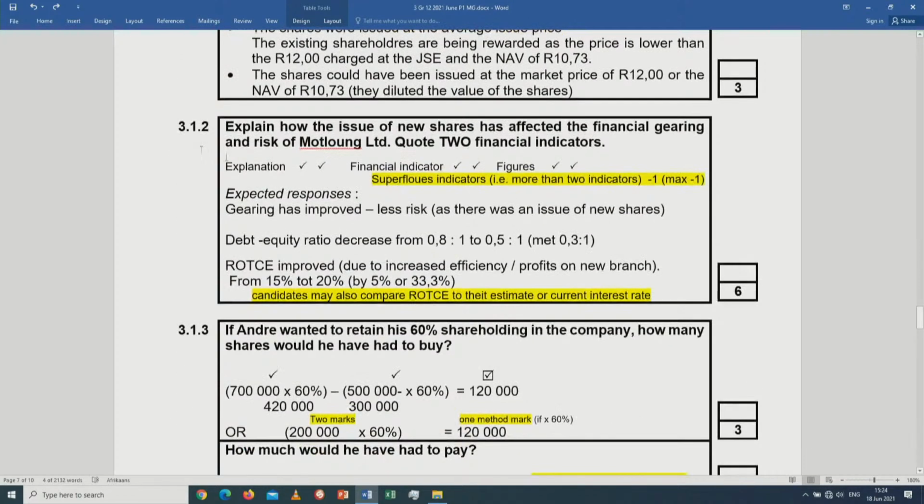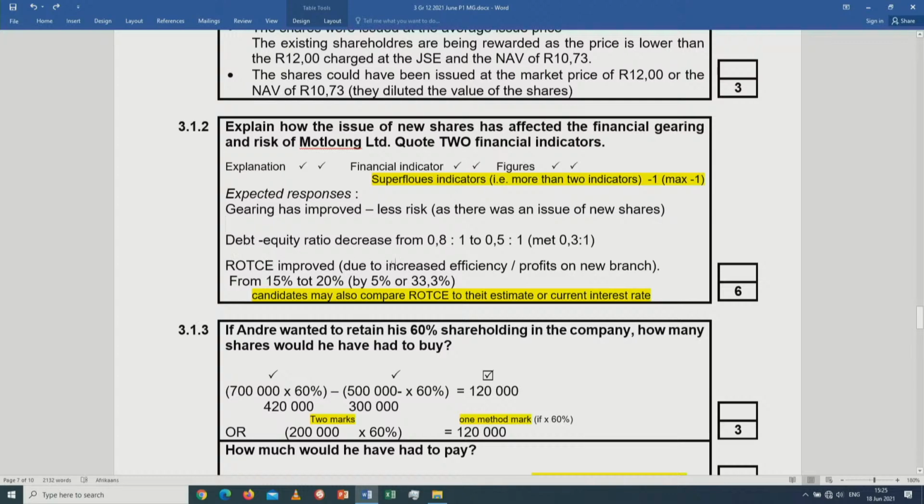net asset value. Explain how the issue of new shares has affected the financial gearing and the risk. Explanation 1, financial indicator 1, figures 1, to get 6. So learners need to check the debt equity ratio by quoting the debt equity ratio, 1 mark, by quoting the trend that it decreased from 0,8:1 to 0,5:1, 1 mark, which is 1, 2,